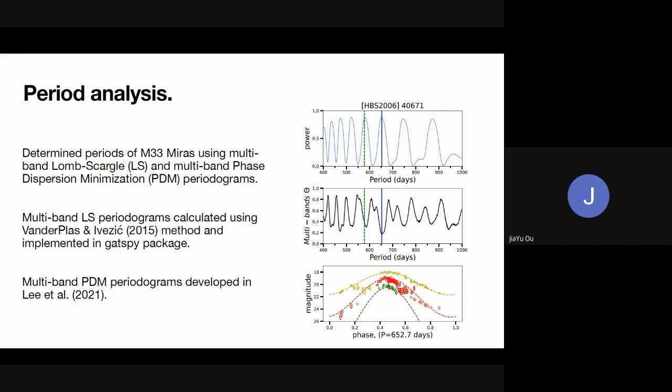And we combine this light curve, so we can also determine its period with multi-band Lomb-Scargle and multi-band phase dispersion minimization methods. And when we get the period, we can see on the right hand side figure, at the top, the blue line is our multi-band Lomb-Scargle period, and the middle panel is the period from the multi-band PDM. And next,